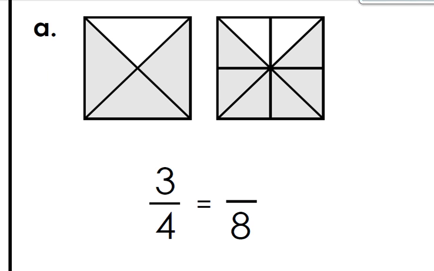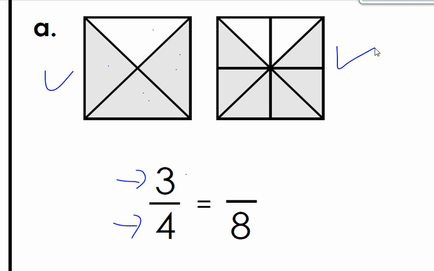Obviously, the first figure, the top number is my numerator. Okay, that tells me how many are shaded in, which is 3. The bottom number is my denominator. That means how many do I have total? How many sections are in that figure total? So now look at